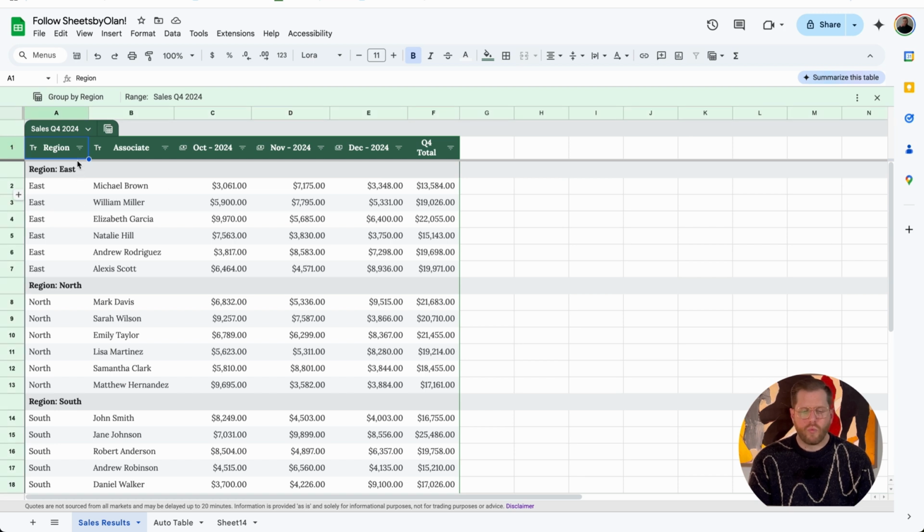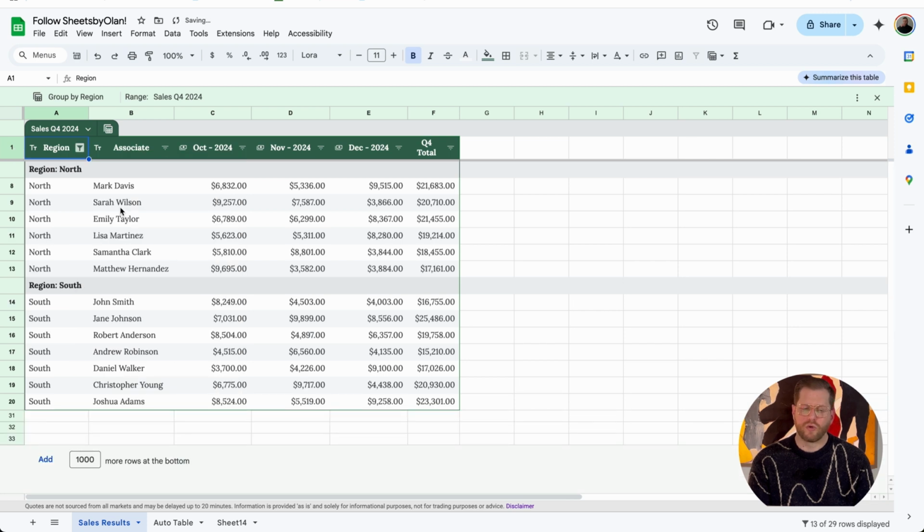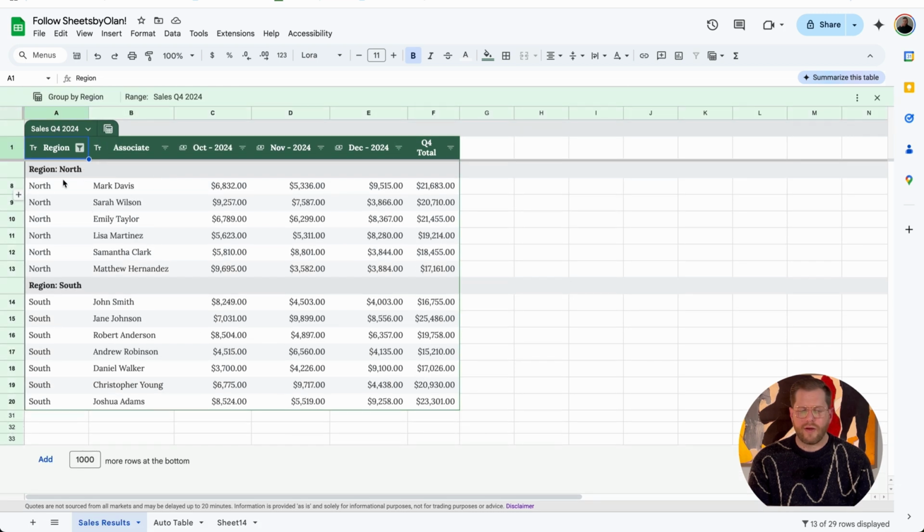Now let's say you don't want to see the east or the west. All you're focused on for your position is the north and the south. You can simply update this right there. Now, once it's saved once, you don't have to save it again. In my opinion, this is a huge con because I want to be able to save it, have a view, be able to manipulate the data, and then not have it save. I want it to save as a temporary thing and then go back. But if I exit out of this here and then go back into it, now I only see north and